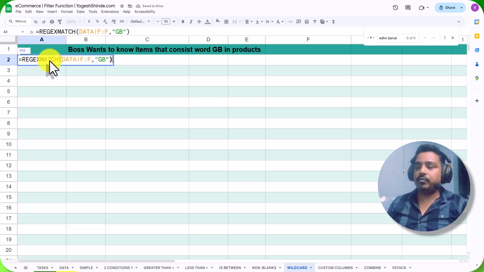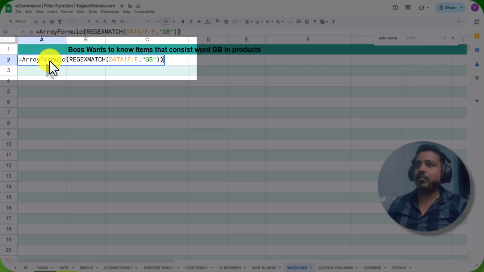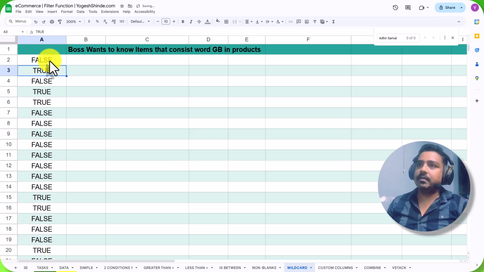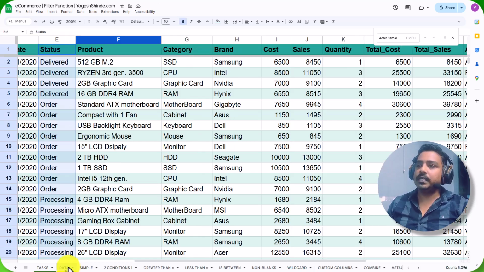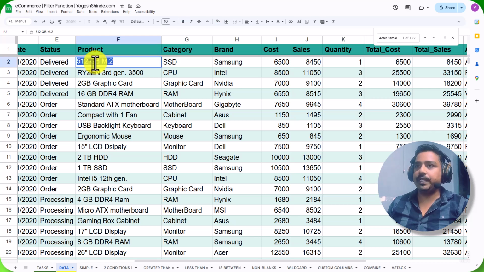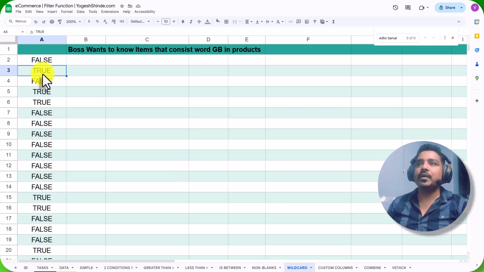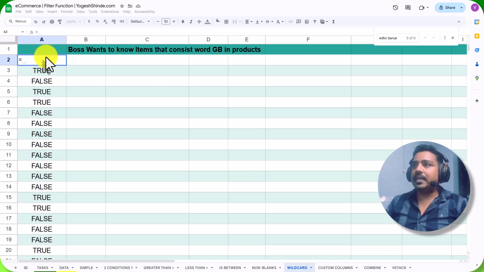So I have to change it to an array formula by pressing Ctrl Shift Enter, and when I press Ctrl Shift Enter, the first Regex match is false because there is the header of the column, that's Product, but the second row contains the word GB in it, so it has returned true. So based on this Regex match function, we are going to pull out or filter out items that contain the